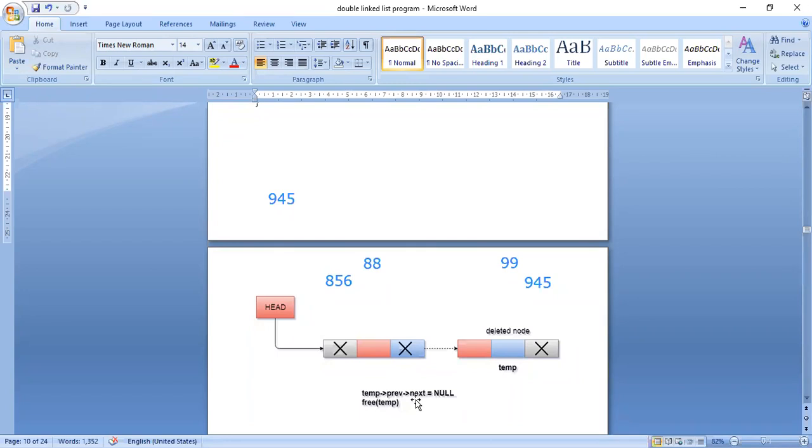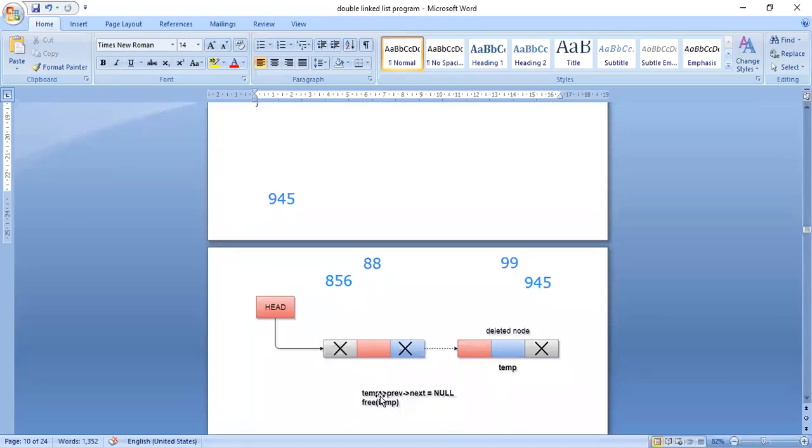I stopped the traversing when I identified a null in the next part of a node. I will be traveling from the first node, and only in the last node will the next pointer be null. There I will stop, and that value I will store in temp. So up to that point, two parts are over. First is traveling from the starting node to the last node, and second is, once I identify the last node in the linked list, I store that value in the temp pointer.